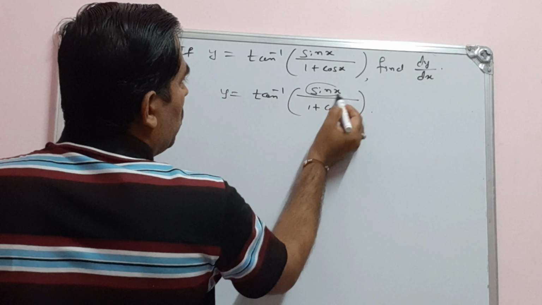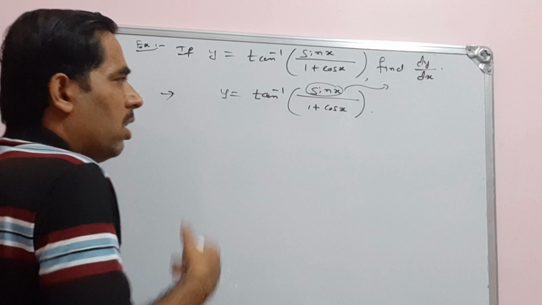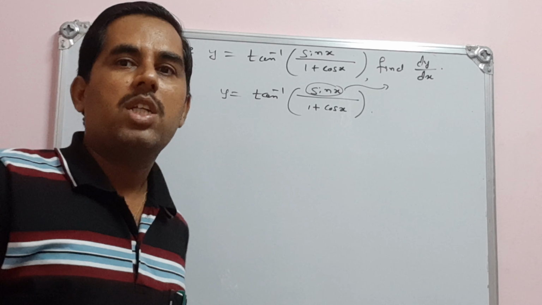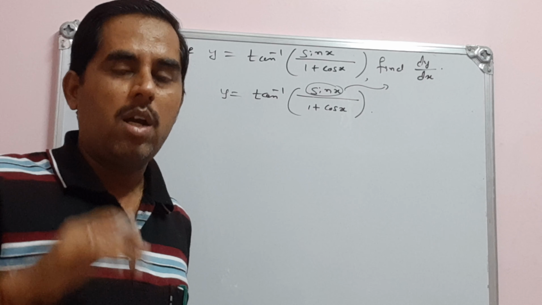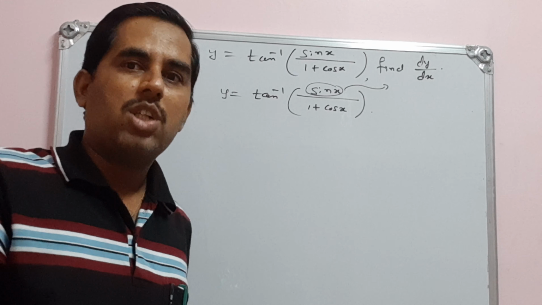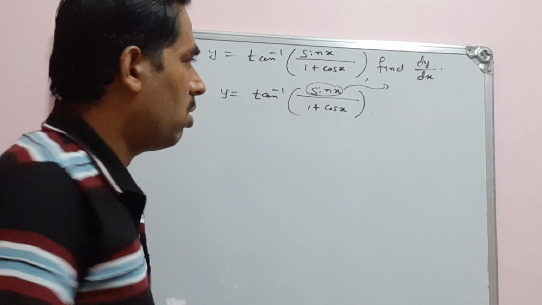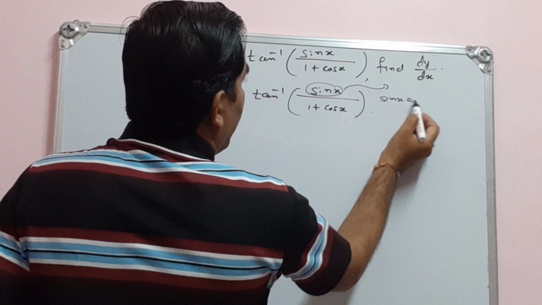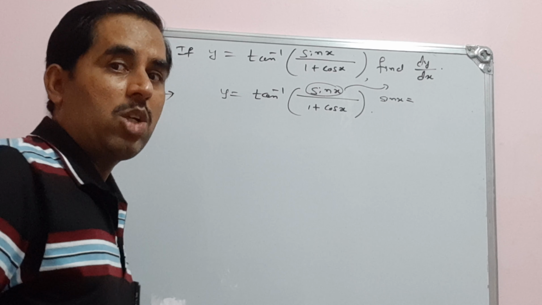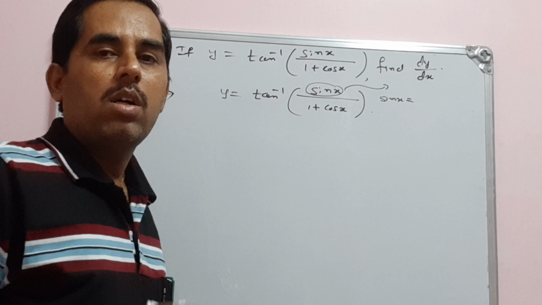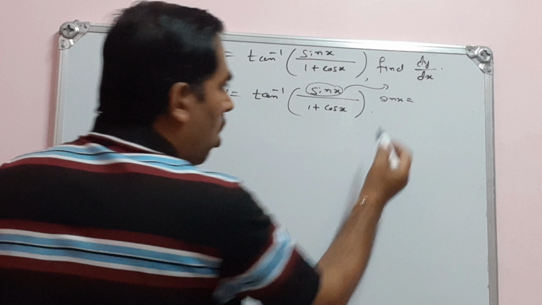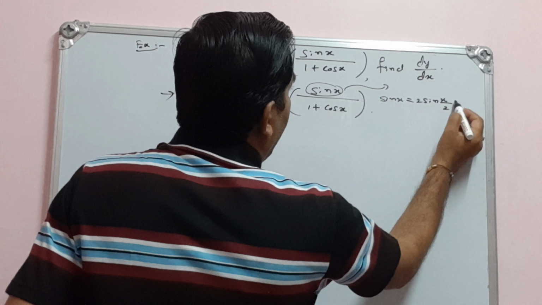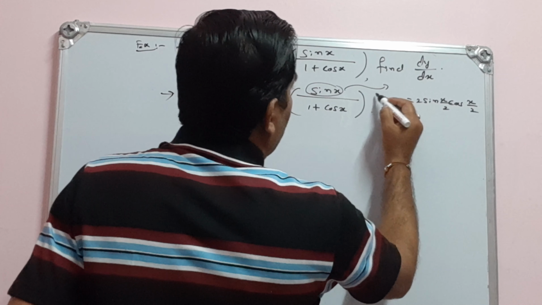For these two, we have already simplified this kind of function, or we have written this in simplest form in inverse trigonometric functions. So there is a connection between that chapter and these types of problems. We have already solved there. Sin x means sin x. It's not sin 2x, it is a submultiple or half angle formula. So how can we write sin x? That can be written as 2 sin x by 2 cos x by 2. So this is the standard result.